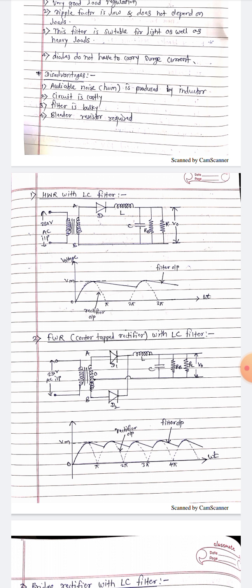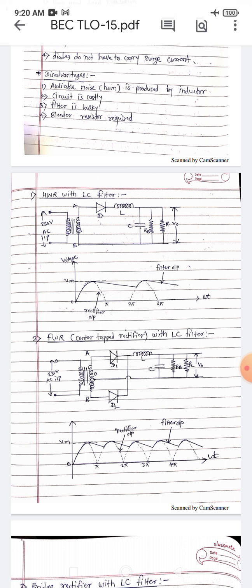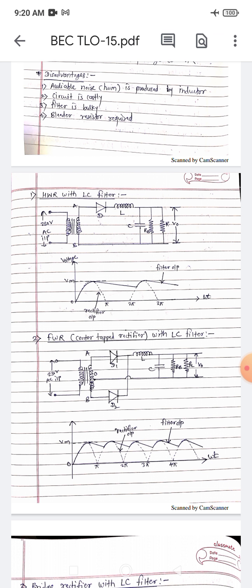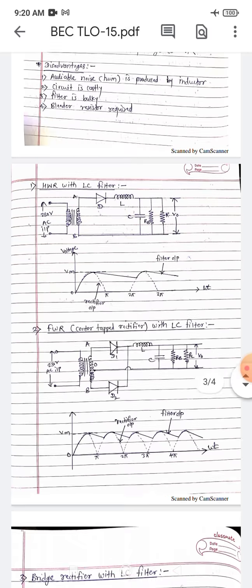In this way the filter provides a DC output at the filter's output. In the negative half cycle, the diode remains turned off because it is in reverse bias. So the negative cycle gets rectified. So the negative cycle is eliminated by this filter. So you can see that there is a DC voltage provided at the filter's output.